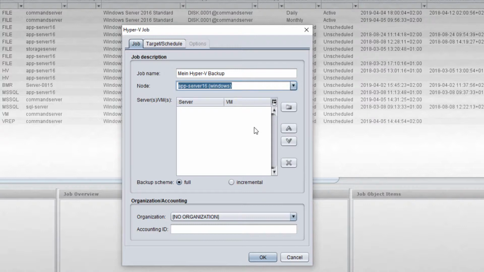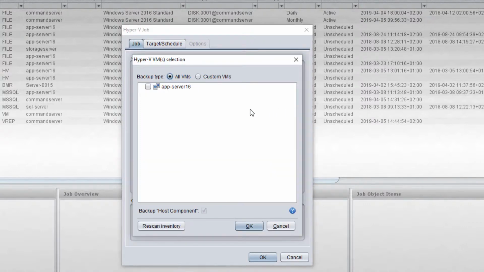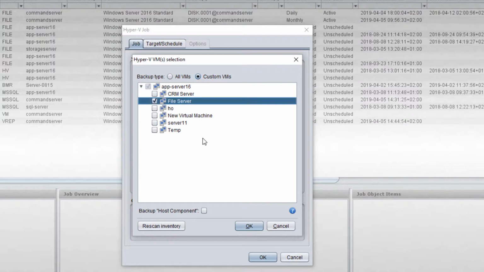It's going to be app server in this case, and we're going to click the button here that allows us to select the virtual machines to back up. So by default it'll have all VMs. You can also click custom VMs here, and this is our list of Hyper-V VMs on this application server. So we're going to pick file server in this case, and you also have an option here, backup host component,